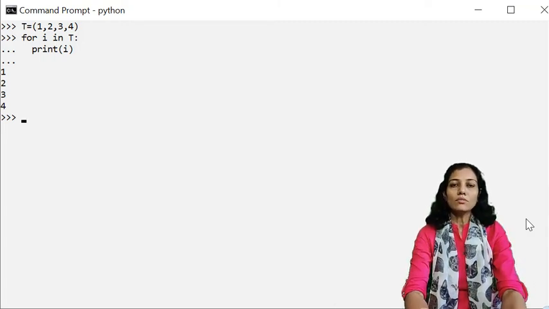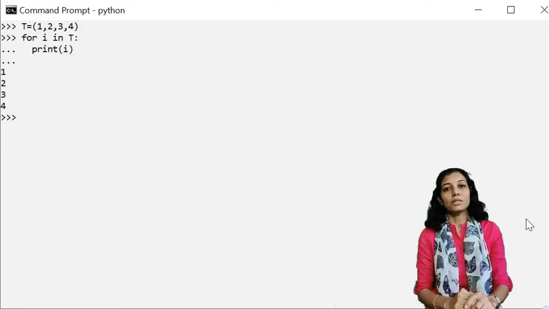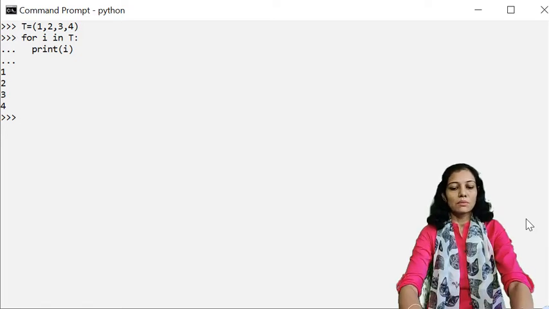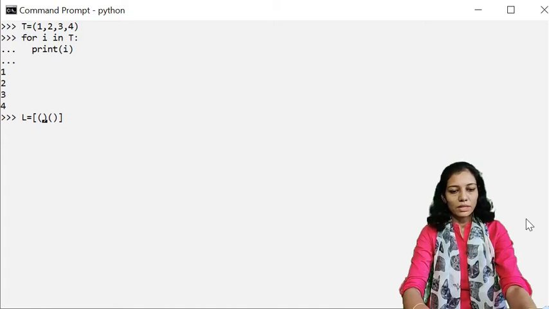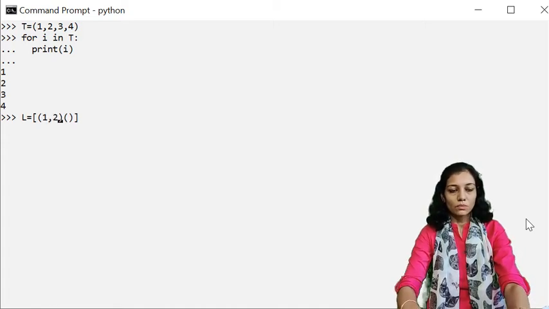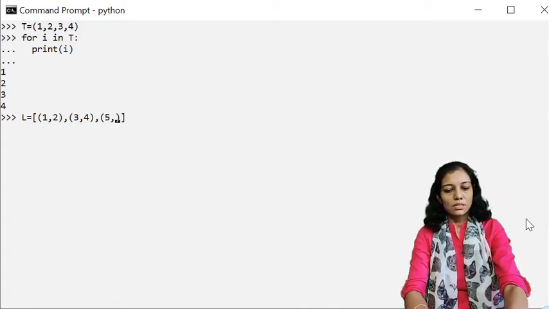Now if we want to iterate over a sequence which has tuples as elements, for example I am having a list over here in which each element is a tuple. I'll write 1, 2, this is the first element which is a tuple itself, then the second element is also a tuple, and the last element of the list is also a tuple value.